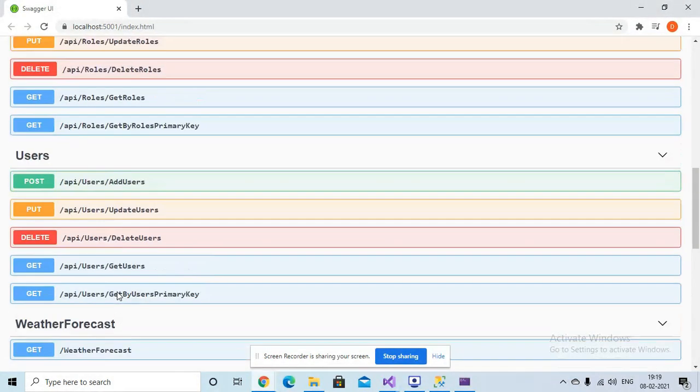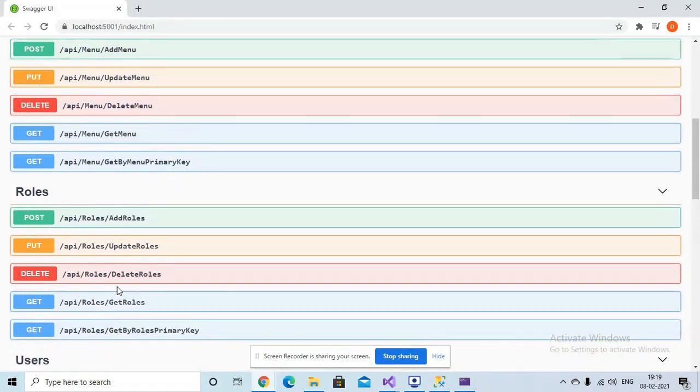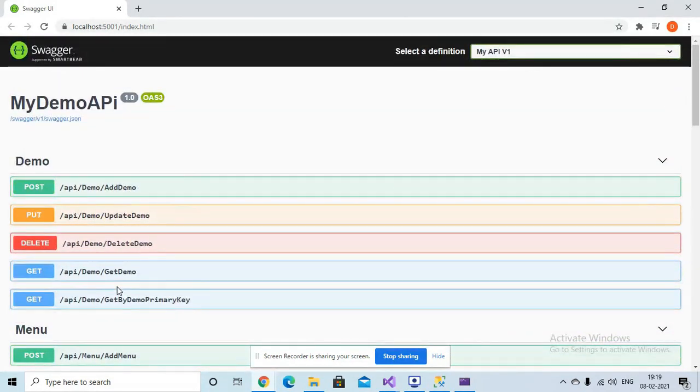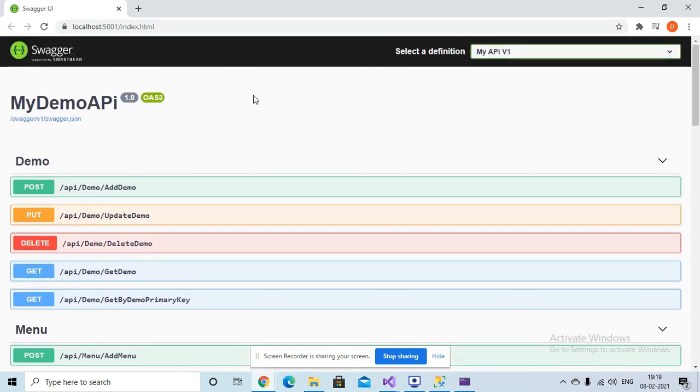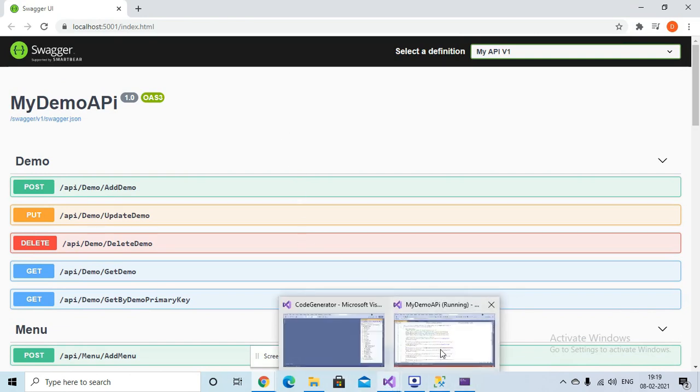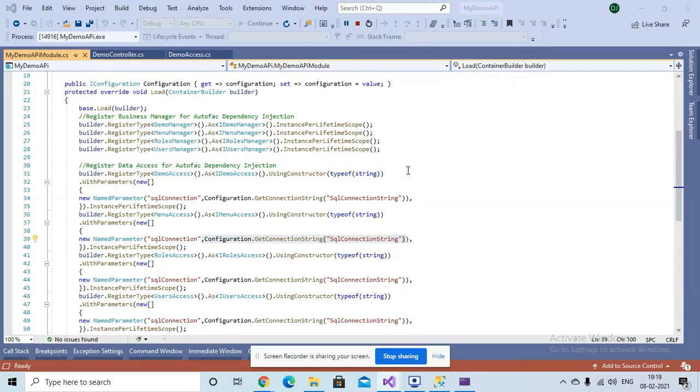So these are all auto-generated code. You do not write a single line of code for this table if you are creating a CRUD operation over the table. By using this tool, your API solution is ready. You can receive a ready-made solution for your API, and you do not need to worry about that.